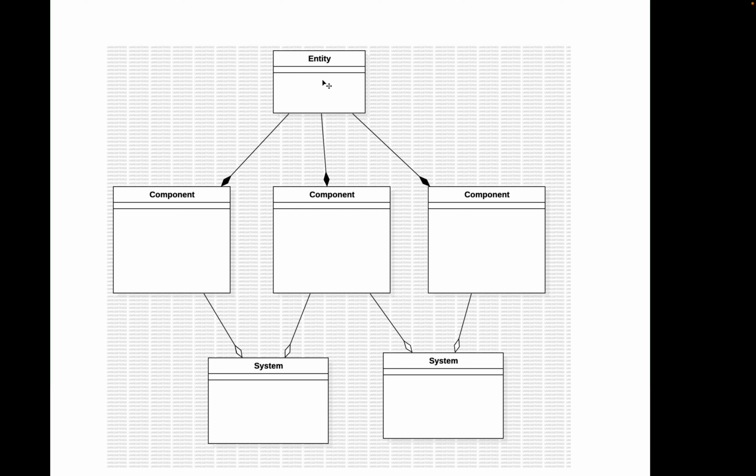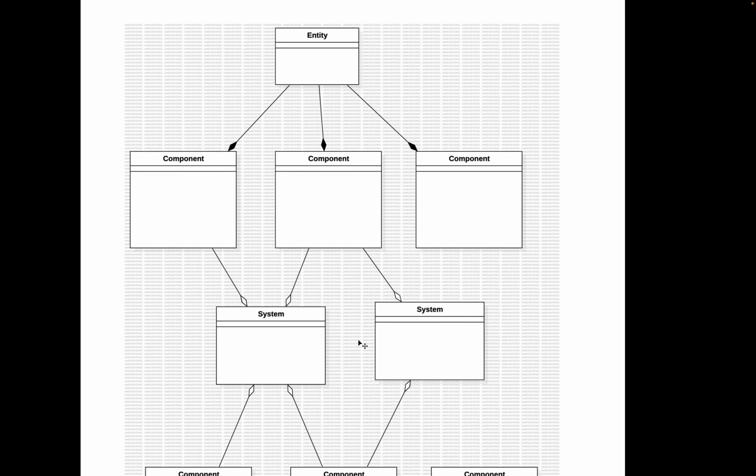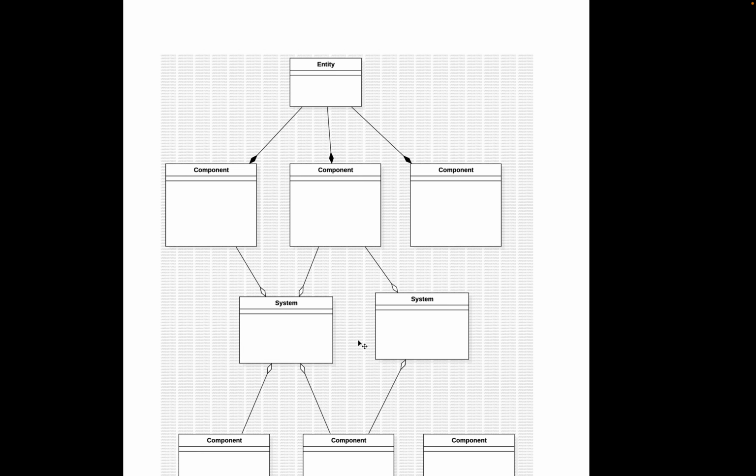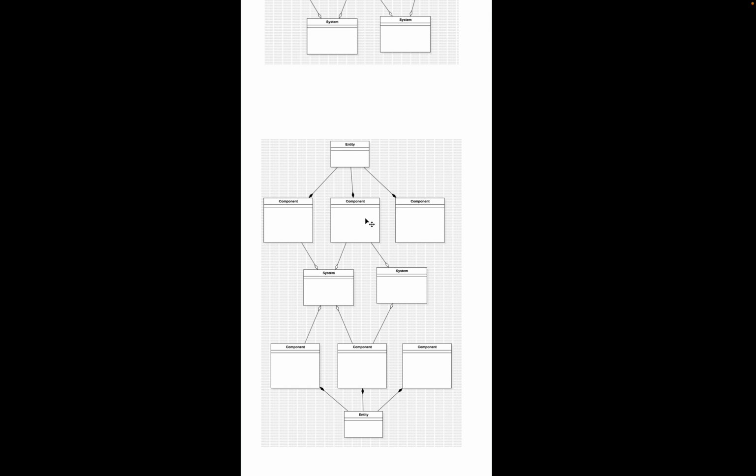You would have your entity. It would be filled with different components to capture data about the entity. And these components would be fed into systems for processing behavior. So if you want to look at a broader scope view, if I can very carefully zoom out here, this would be an example of having multiple entities. The top entity has its own components, the bottom entity has its own components, and each of those components is fed into a system